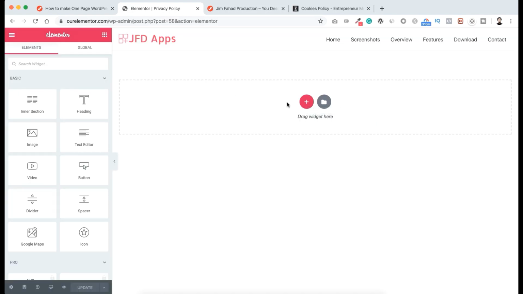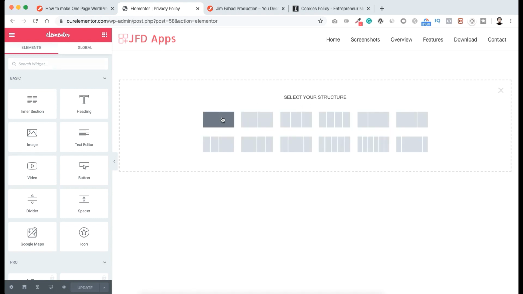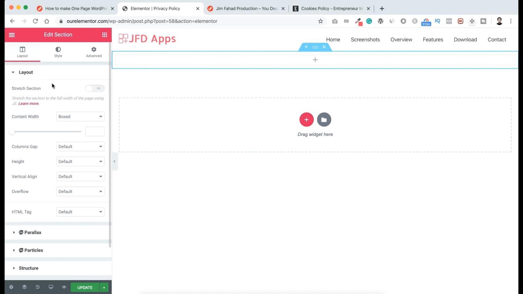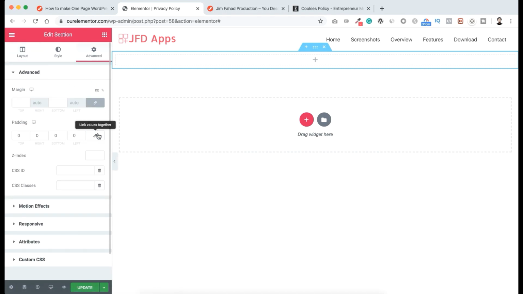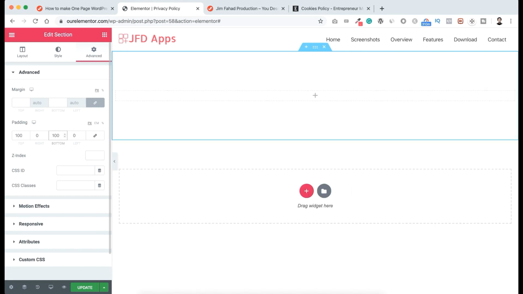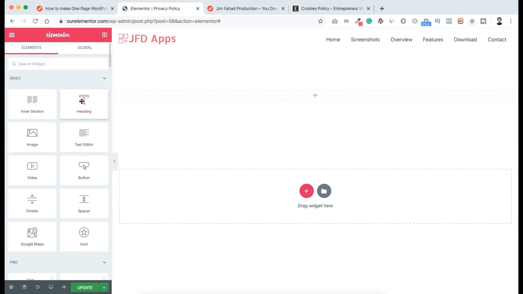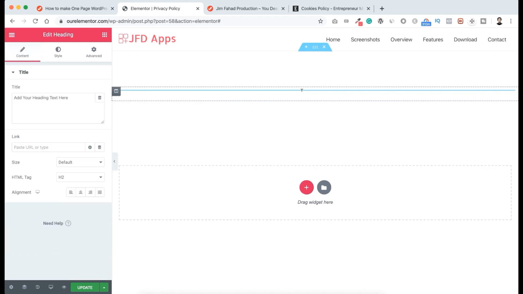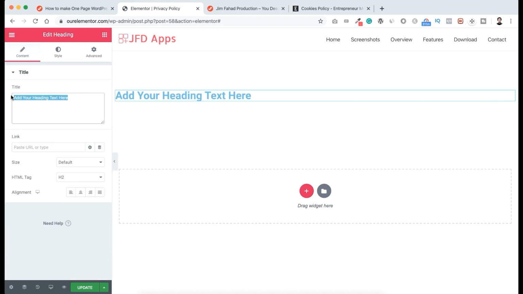So here first let's take a section, click on this plus icon, let's select this structure, let's make it stretched. Now go to advanced, unbind the padding, let's add 100 pixel padding at the top and 100 pixel padding at the bottom. Now click on this Rubik's Cube icon and drag a heading inside this section. So here let's type JFD apps